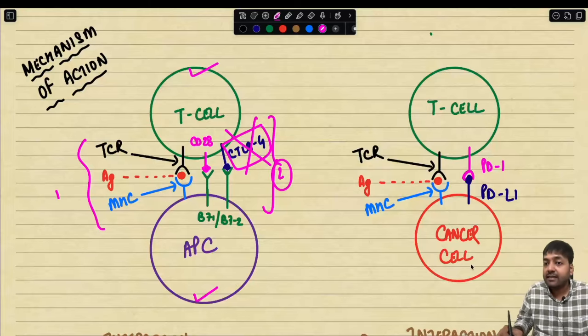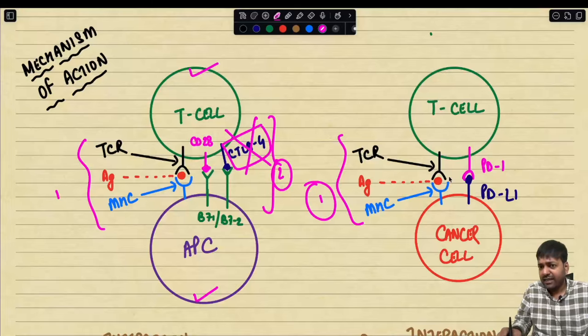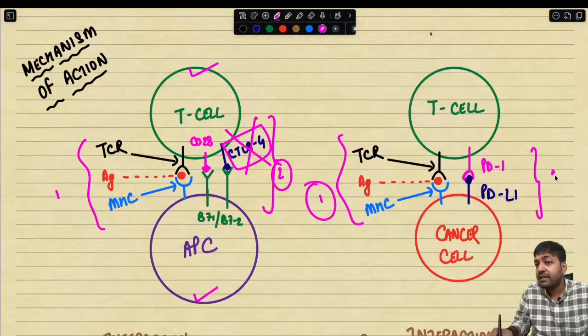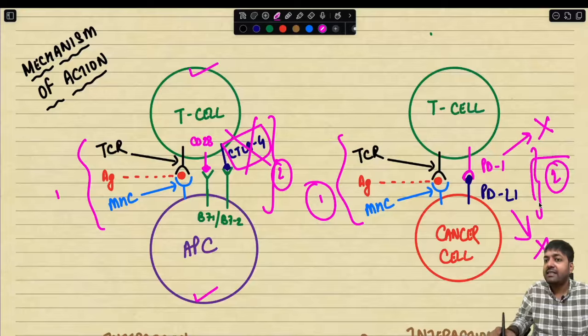Now remember, cancer cells express something called PD-L1. This is again signal number 1 between the T cell and the cancer cell. The MHC on the surface of the cancer cell is engaging the T cell receptor on the T cell. So this is signal number 1 and this is signal number 2. The cancer cell has certain ligands called PD-L1, which engage a receptor, PD1, on the surface of T cells. Over here you either block this receptor, PD1, or you block this ligand, PD-L1. If you block either of these two, then this second signal will not go, and once these two are blocked, there will be